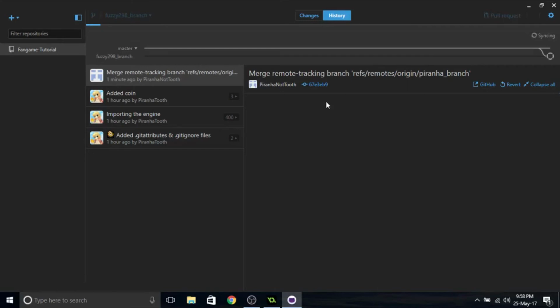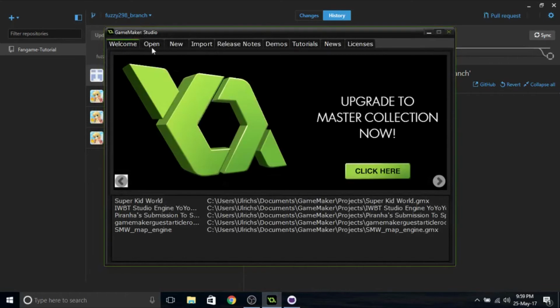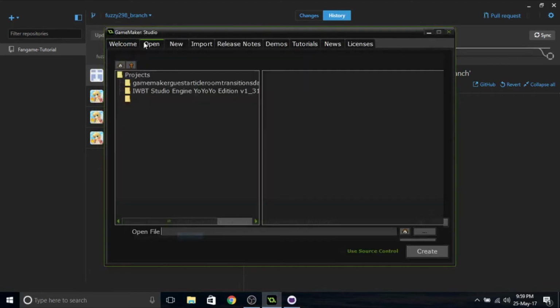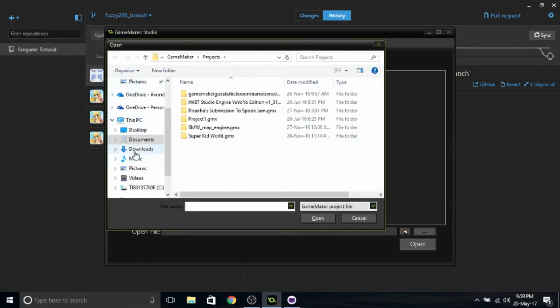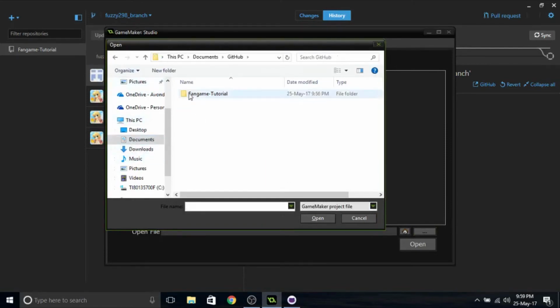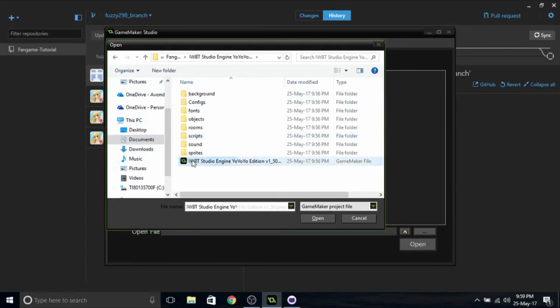And again, this is just like person 1, the first person, the person who's setting up the repository. You're just publishing it so that it appears online. Right, and so now that that's done, if we go ahead and open GameMaker here, and we open the folder we had, which is under Documents, GitHub, this is where our repository is. So if we open this,